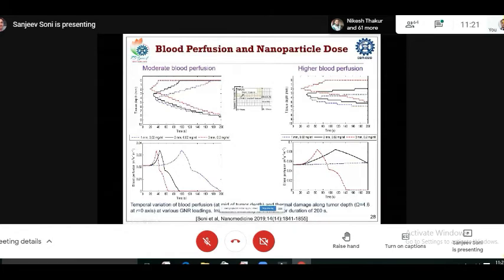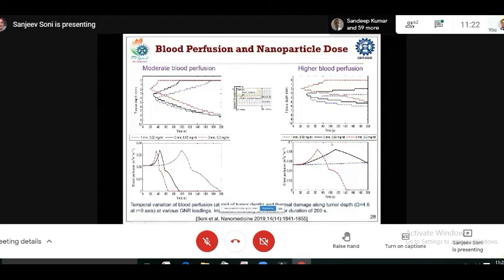So depending on the requirement, whether I need to damage only the top 5 millimeter of the tumor, or I need to damage 5 millimeter of the tumor plus around 3 millimeter at depth, then accordingly we can compute the time as well as the desired dose for such kinds of tumors. Similarly, with the same parameters, suppose there is a higher blood flow in the tumor, then you can see what is happening to the thermal damage zones. For the lower blood flow, the thermal damage zone is spreading very fast, whereas for this case, the spread of the zone is very narrow. So in this case, we need to even increase the irradiation duration.